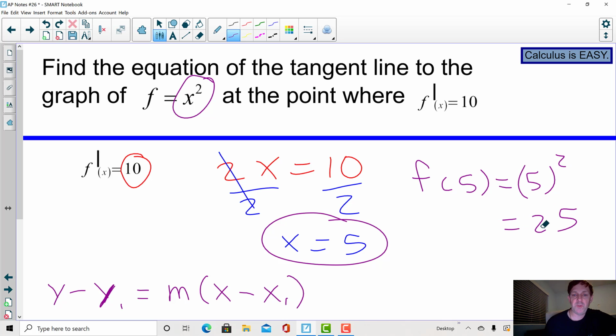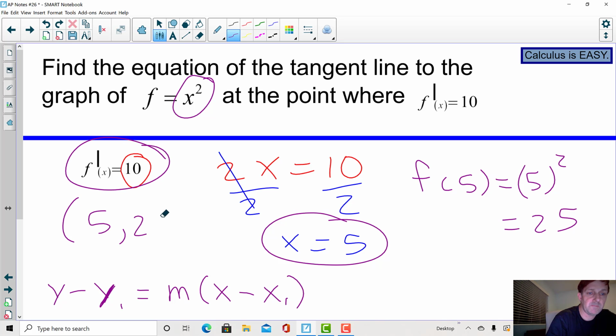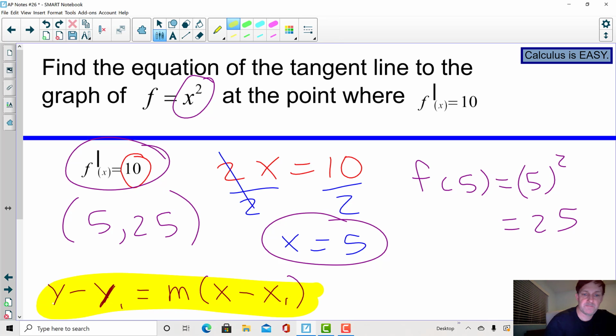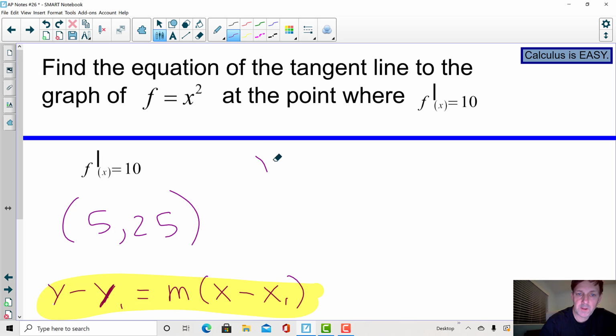So the y value will be 25. So now we have our slope and we have our point, which is going to be (5, 25). And we can now plug into our equation down here. If we plug in, we get y minus 25 is equal to the slope, which is 10, and then x